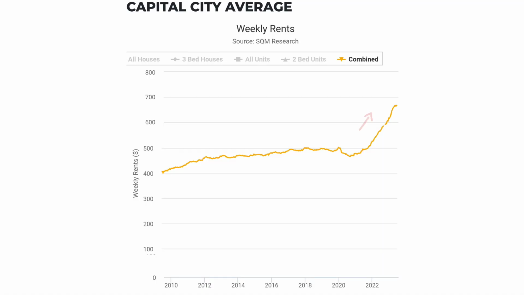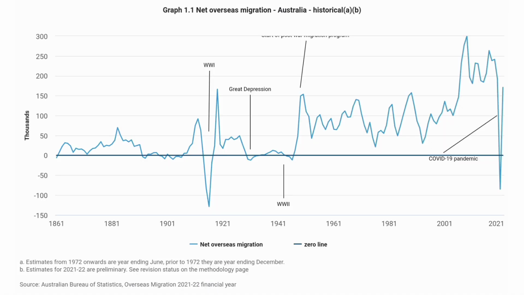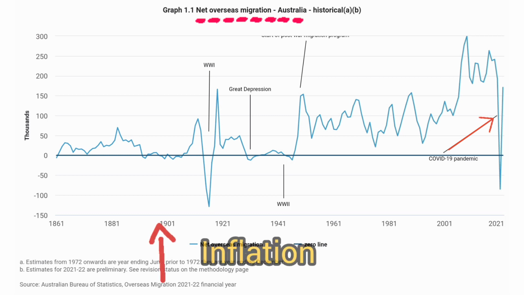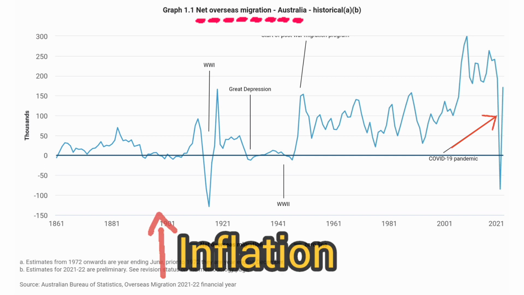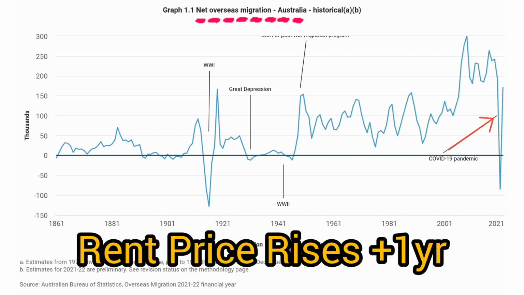Rent prices are going through the roof because more people are moving to Australia and there are not enough places to live. This is pushing up inflation and making it harder for the RBA to control. The RBA expects rent prices to keep rising for at least another year as the population grows faster than the housing supply. You would think that more people would want to build new homes given the high rents and low